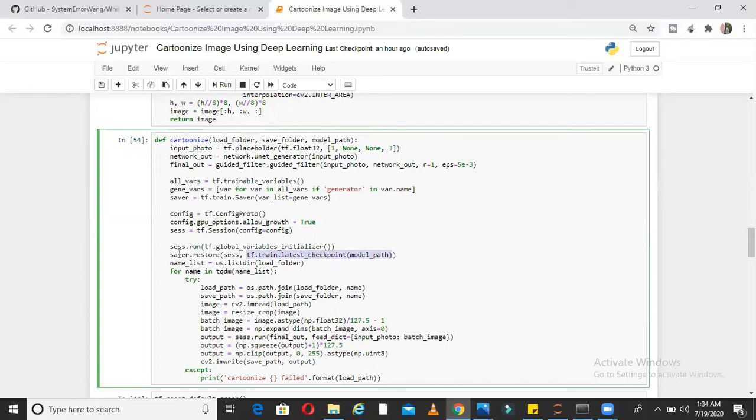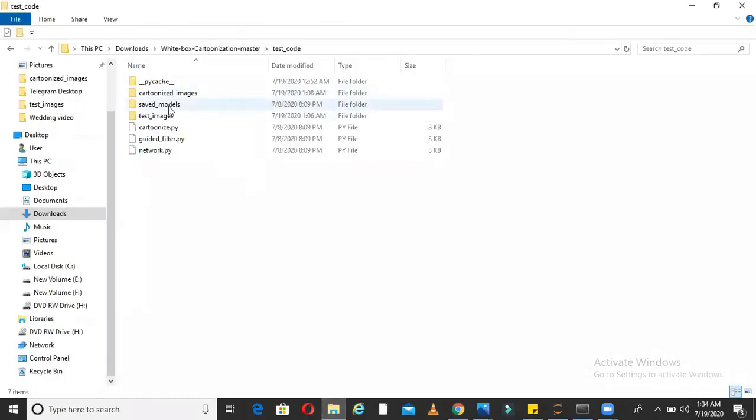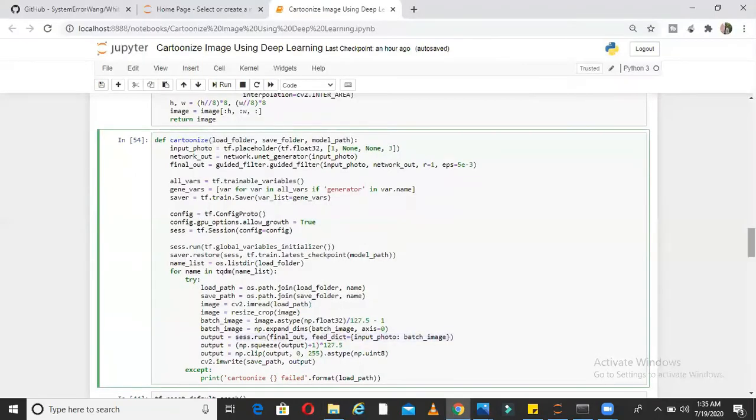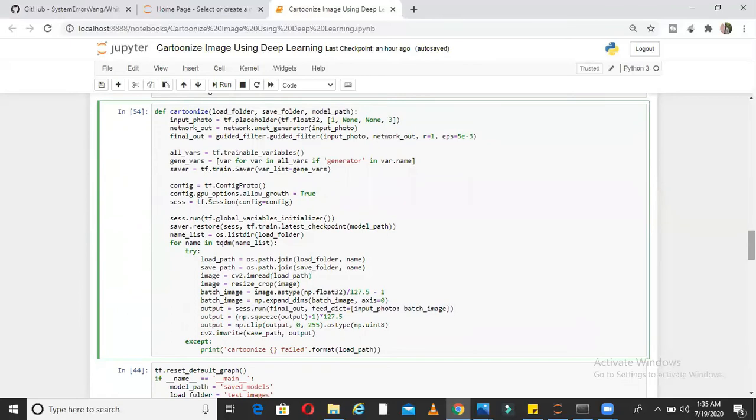And once we have this session object, using this session object, if you can see here, sess.run final output means the image is getting converted and it is getting put into the new folder. So what is happening, there is a trained model in your saved model folder, okay. So these are your trained models. Those trained models are getting imported and then final cartoonized images are being put in the cartoonized folder, okay.